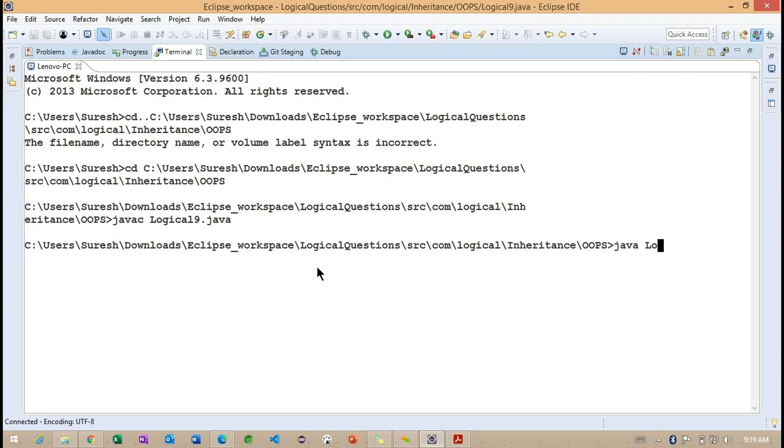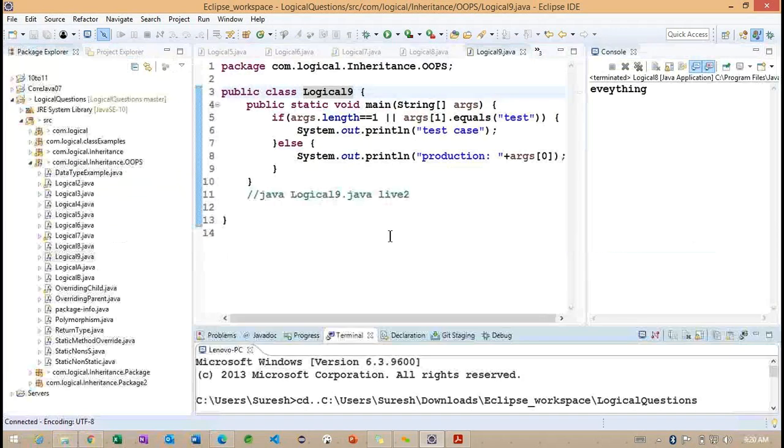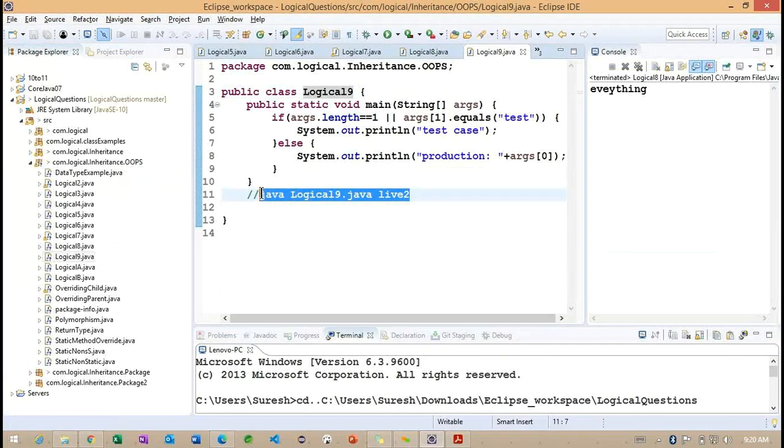But if I run here logical 9, I want to give this value. So what is the output we are going to get? Up to this is the command I'm giving, and later the value I'm giving is live 2. So if I give this, what is the value we are going to get?